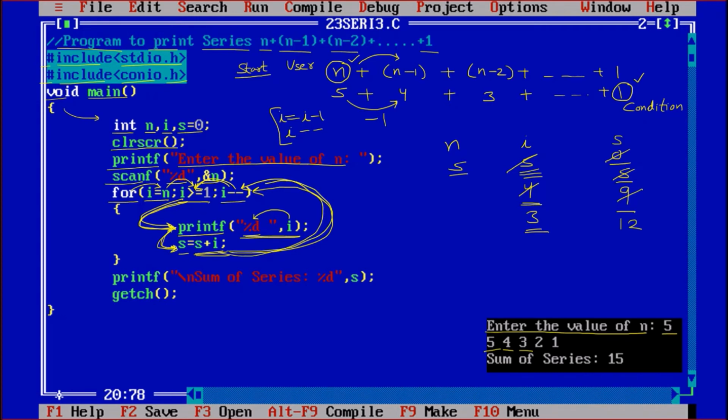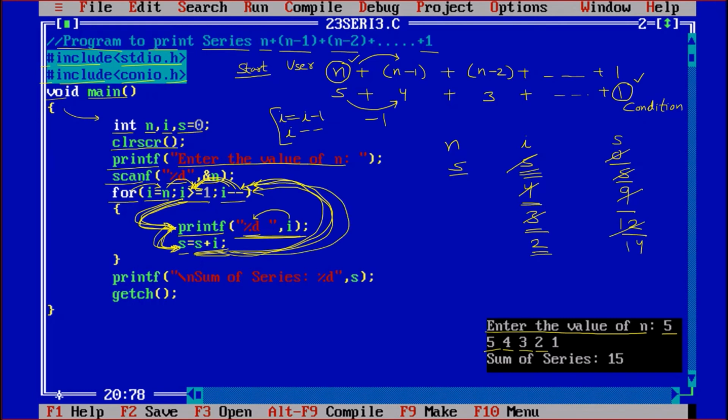Coming back, I minus minus, the value of I is 2. Checking condition, I greater than equal to 1, so 2 is greater than equal to 1, true. Coming down, printing I, so the I is printed as 2. Then again, S is equal to S plus I, so 12 plus 2 is 14.